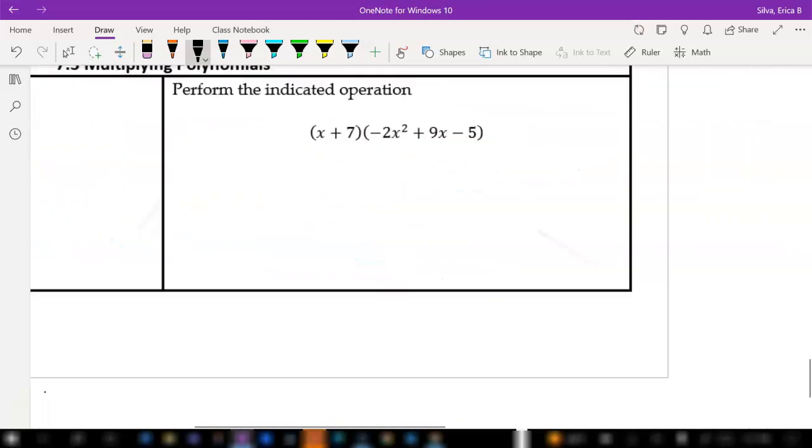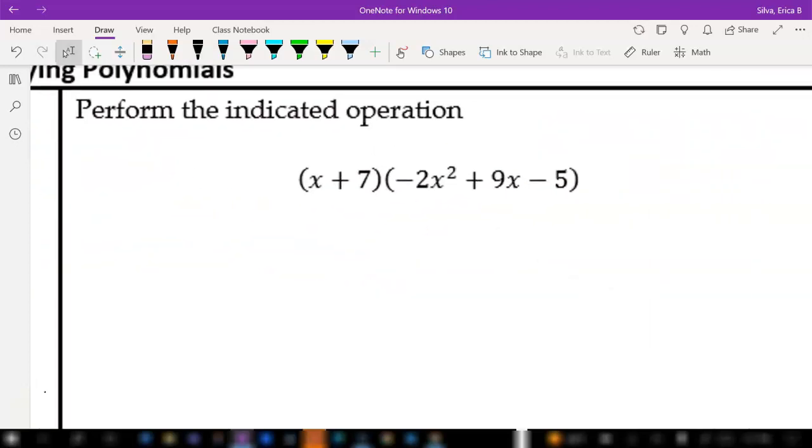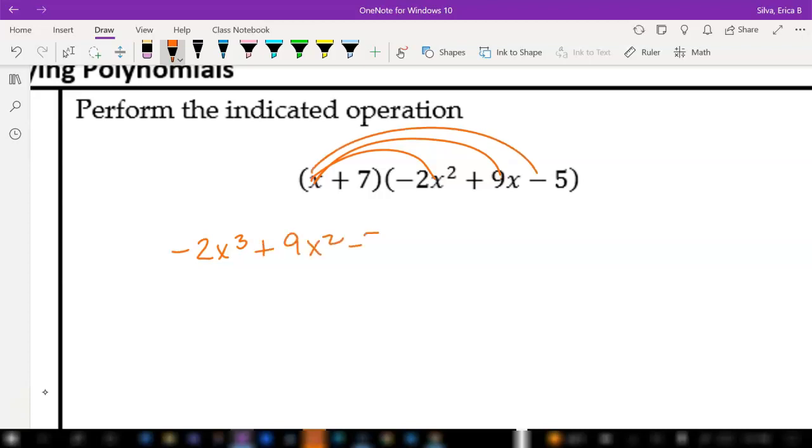Okay, and the last example, we've got negative 2x cubed plus 9x squared minus 5x